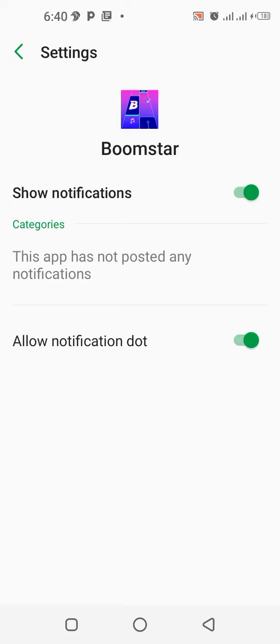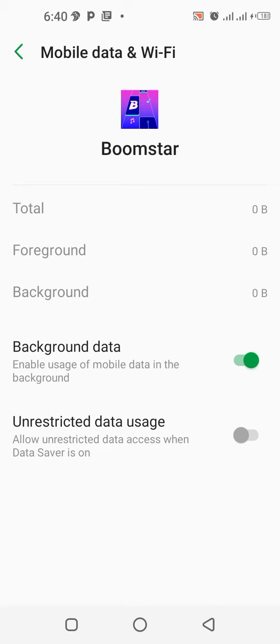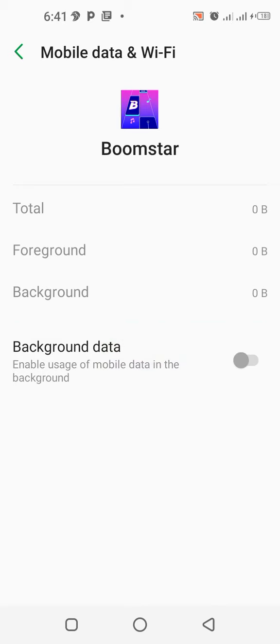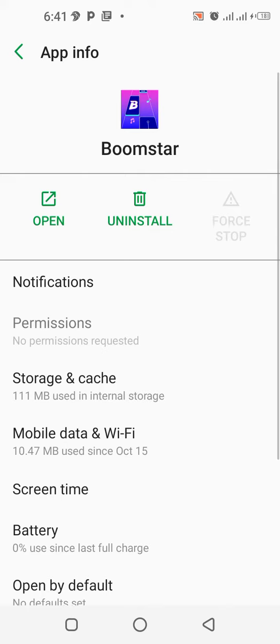Now go back and tap on mobile data and Wi-Fi. To get here, tap on background data. Make sure it's turned on. So when it's turned on, go back, then now tap on